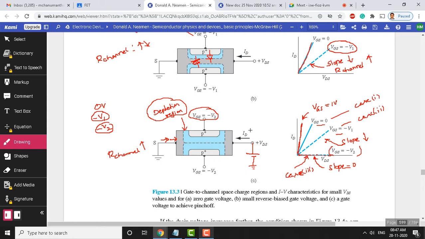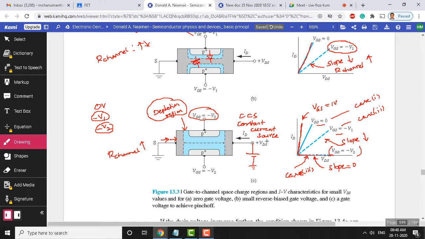So this current becomes almost constant. So we call this a constant current source, shortly you can call it CCS, constant current source. The reason for calling this a constant current source is because once this depletion region occupies the entire channel,